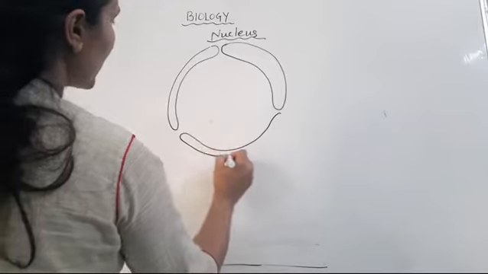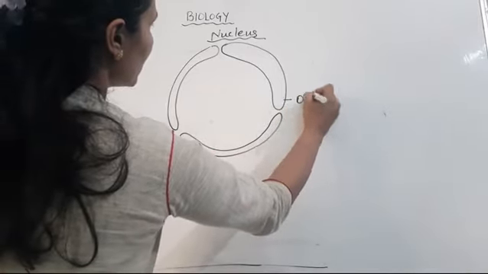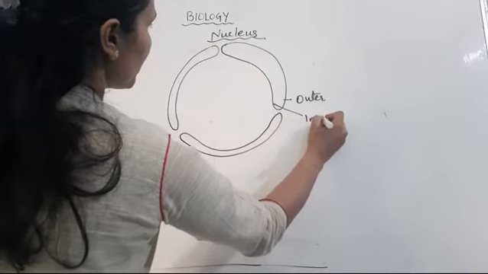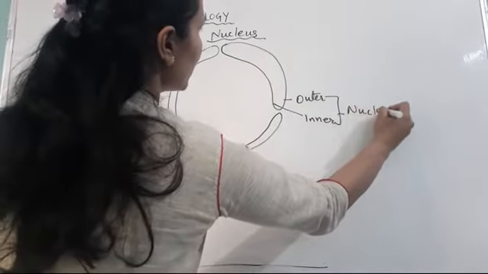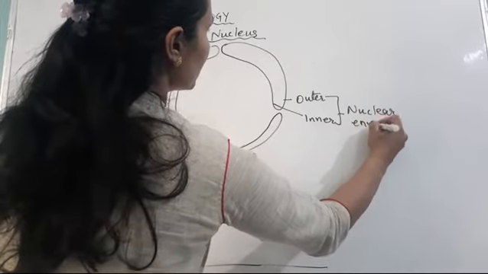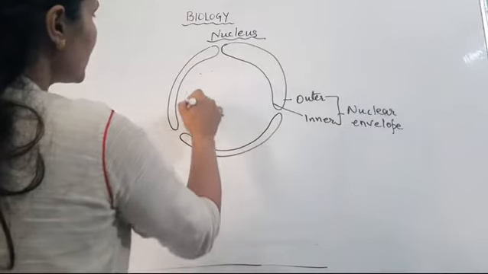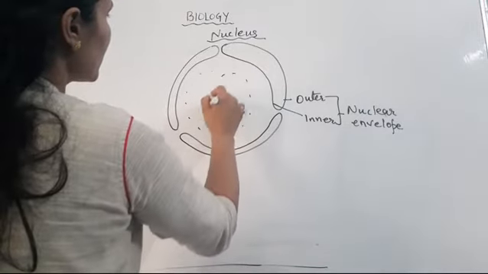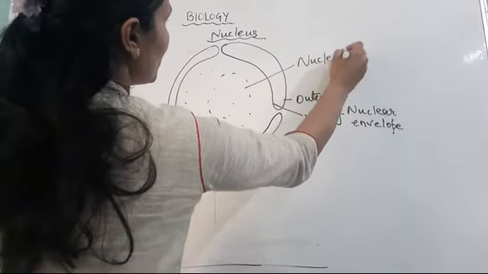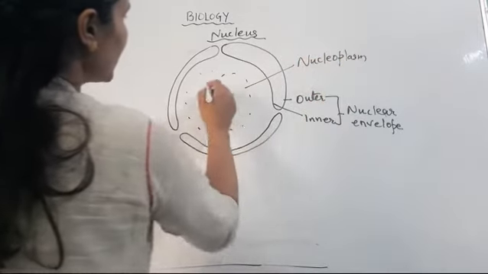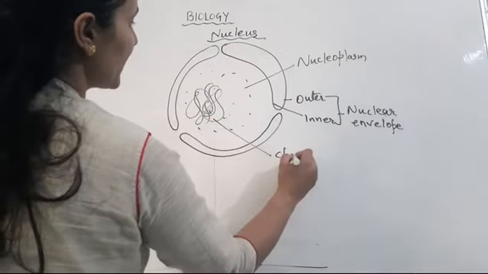See, the nucleus has double membranes. One is the outer, the other is the inner membrane, and together they are known as the nuclear envelope. Inside the nuclear membrane, there is a ground substance called nucleoplasm. Nucleoplasm contains a fine thread-like structure called chromatin